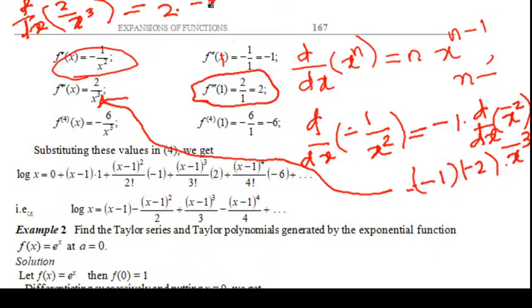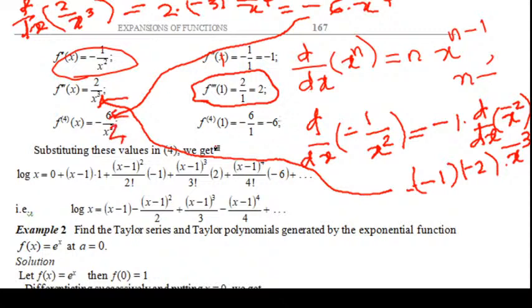That means negative 3 times x raised to negative 4, which is negative 6 times x raised to negative 4, and we get this answer: negative 6 by x raised to 4. Here 4 is required. So, the fourth derivative of f evaluated at x is equal to 1 is negative 6 by 1, which is negative